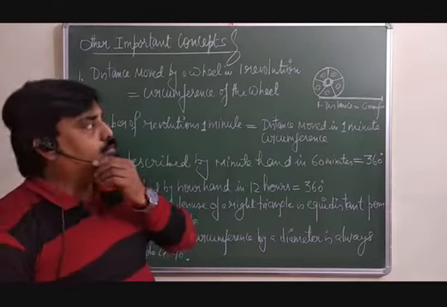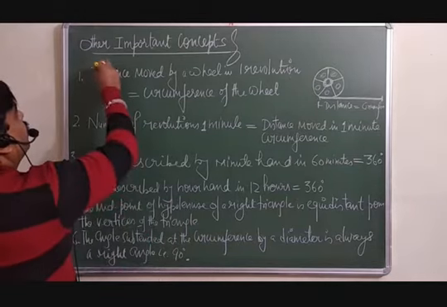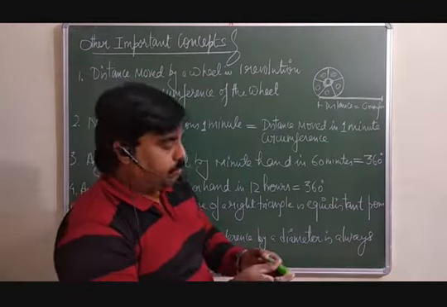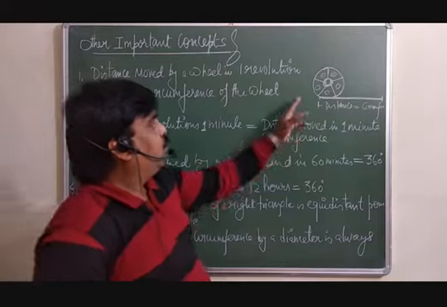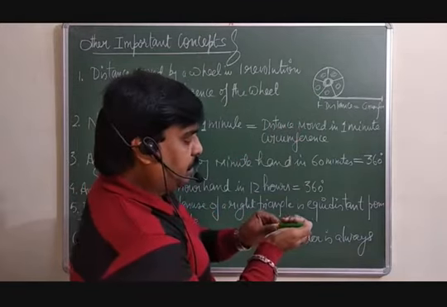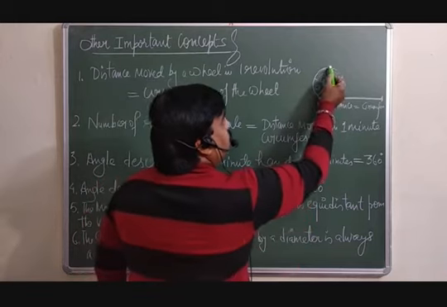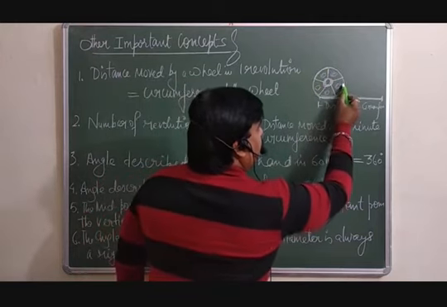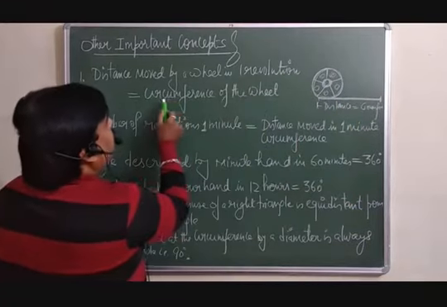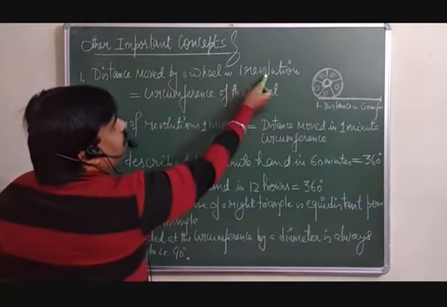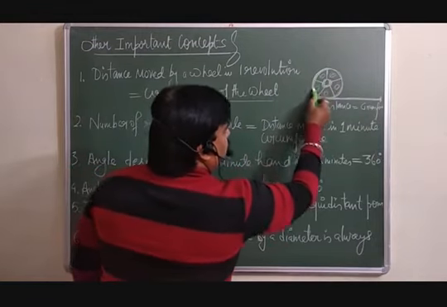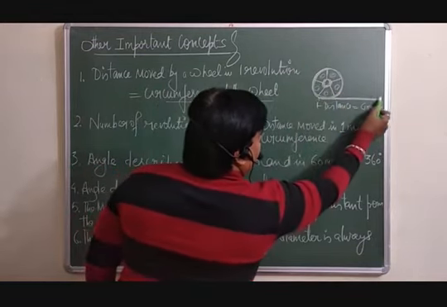Okay, now few more things are there. Distance moved by a wheel in one revolution means how much distance will be covered by the wheel in one revolution. Any wheel will cover distance in one revolution equal to its circumference. So the distance moved by a wheel in one revolution will be equal to the circumference of the wheel. Whatever its circumference is, that distance it will cover only